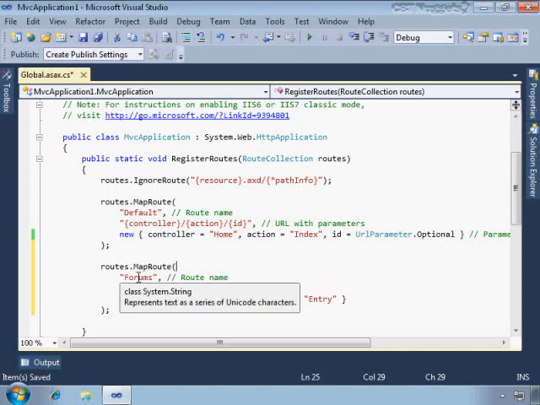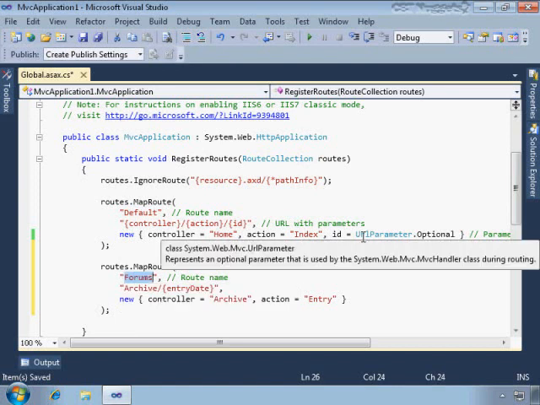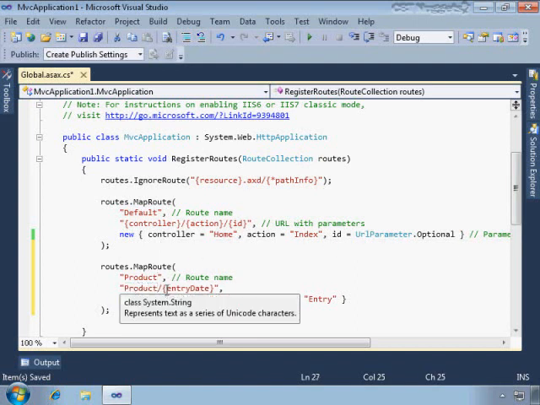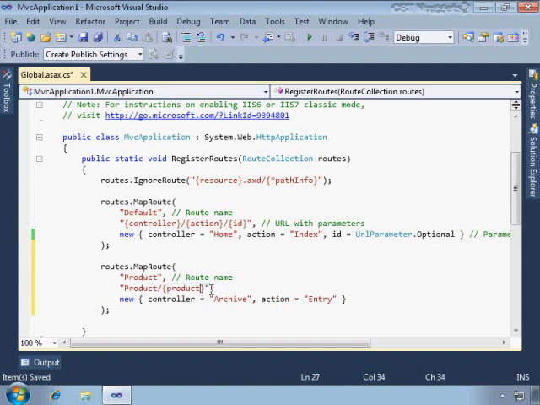You can create constraints that restrict the browser requests that map to a particular route. So let's assume now that we're building a catalog. So we're going to create a route called product, and it is going to accept product/product ID, and it is going to redirect it to our product controller into the details action. And now let's say that what we've created is an action result that accepts product ID right here as an integer. So the full URL that someone might type, let me just put this in the comment, might be